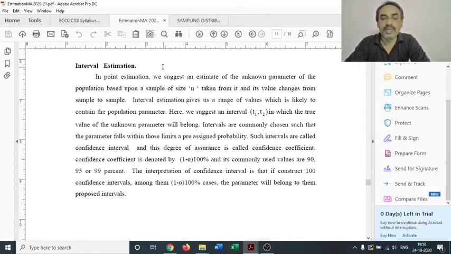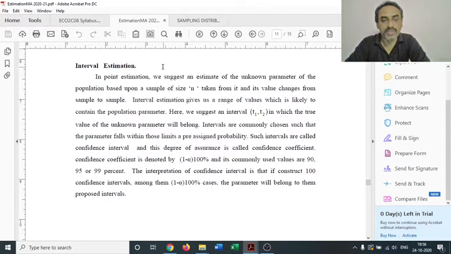Such intervals are known as confidence intervals, and this value of pre-assigned probability is known as degree of confidence or confidence coefficient. We denote this confidence coefficient using (1 minus alpha) 100%, and its most commonly used values are